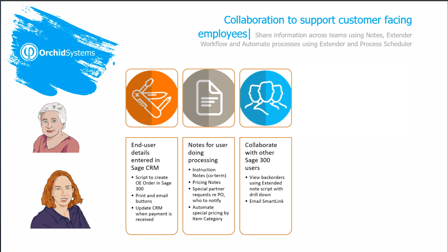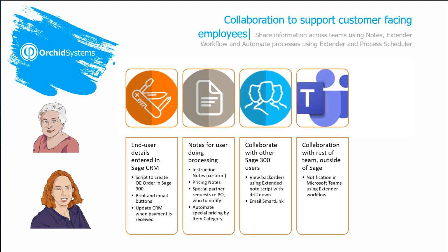Viewing all pending orders is also useful when creating OE shipments for month-end processing with our distributors. In addition, with less time around the coffee machine and lunchroom to share details about new users and partners, we recently implemented a notification in Microsoft Teams for everyone to be familiar with new users, so this also helps the